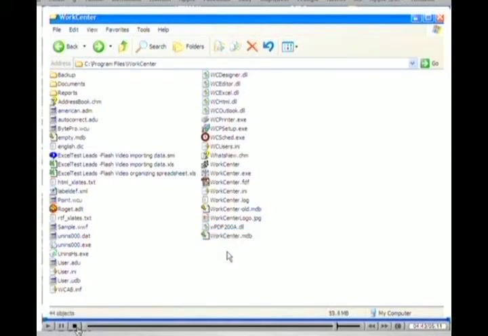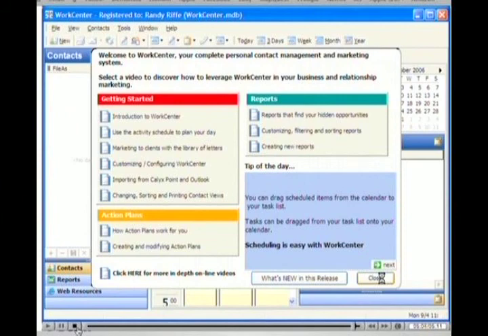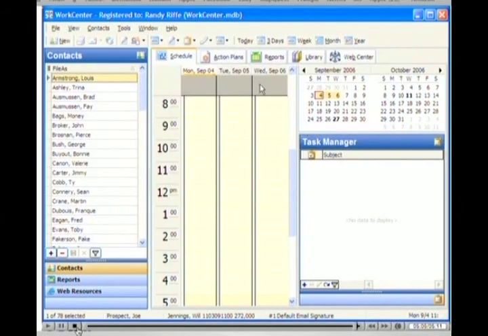Your backup copy has now been placed into the correct folder. Since we renamed the old database file and placed the backup copy into the folder, WorkCenter will open that file since it has the original name as the old file. Step 6. Open WorkCenter and check your database data. For additional information on WorkCenter, see the additional flash videos, read the Quick Start Reference Guide,